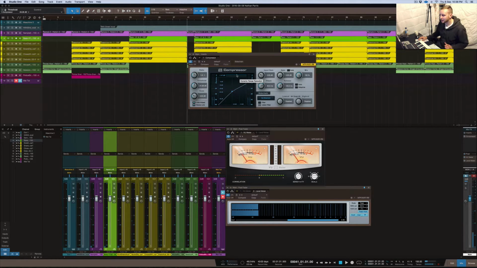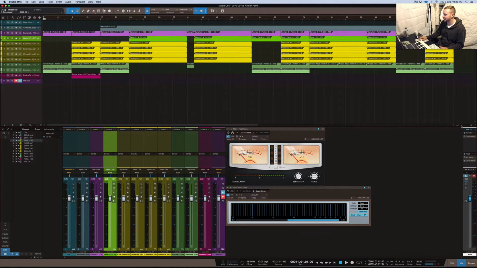Honestly, when you're coming to bus compression, less is more. That's what I've discovered, especially further on, the more I do mixing, the more I understand compression. You don't want to do a whole lot of compression on your bus with one compressor. You're probably better off spreading it through multiple compressors, and that's what I have started to do with my mixes, and it's helped my mixes tremendously because, if you're looking at the dynamic range, I'll just show you